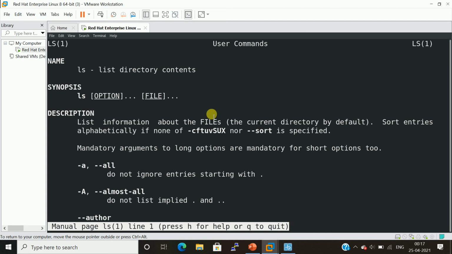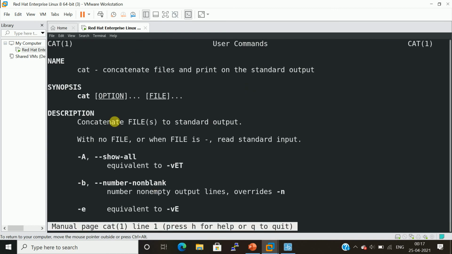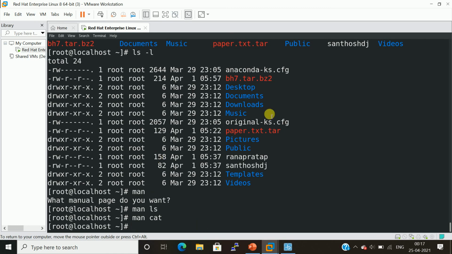We can use man if we do not know anything about different commands. For example, we can use man cat. Cat is a command. It will show all the concatenate options and all the help options. Let me quit. So this completes the basic commands of the user.